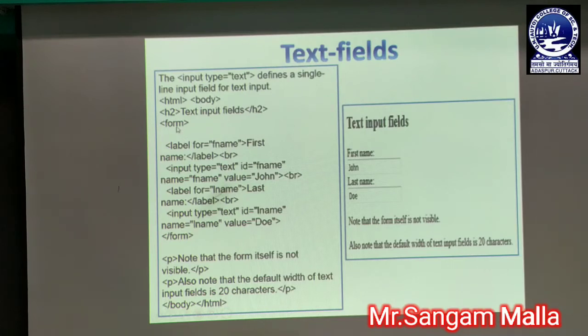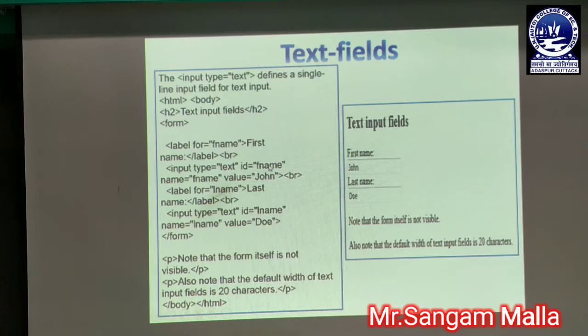Now comes the form tag, because all the fields that are related to design of form should be enclosed within the form tag. The form tag has the first one as the label name, that is first name. You can see that inside the label tag we have written first name. Label is a container tag, that means it has a start tag and an end tag. Next we have to come to the next line, that's why we have used the BR tag, for line break. Then we have used another input type equal to text, which denotes the text field. Whenever we write input type equal to text, that means there will be an input of text type, that means the text field will be inserted over here.